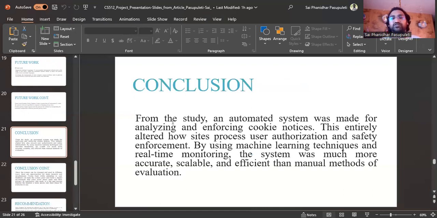Let's go to the conclusion. From this study, an automated system was made for analyzing and enforcing cookie notices. This entirely altered how sites process user authorization and safety enforcement. By using machine learning techniques and real-time monitoring, the system was much more accurate, scalable, and efficient than manual methods